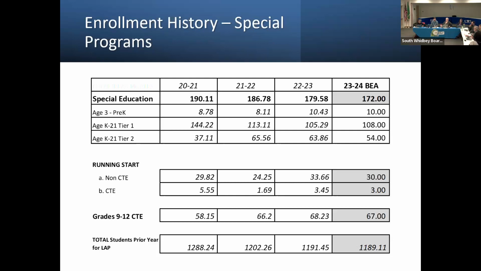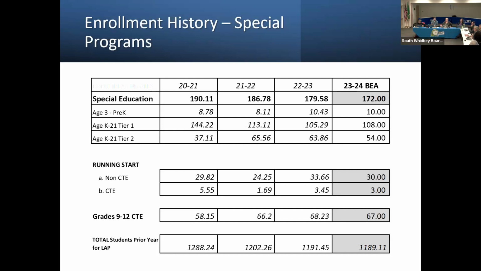Running Start, looking at about 33 kids. Again, Running Start is a program where we receive the funding from OSPI for those students. They're attending a community college, and then we pay the community college. So if you would see a warrant on a monthly basis, Everett Community College, we're paying Everett Community College because some of our students go there and we're receiving funding to pay for that. So it's that type of situation.